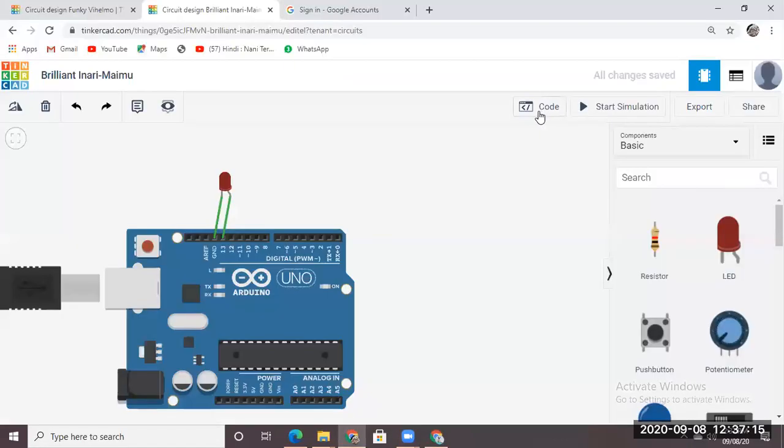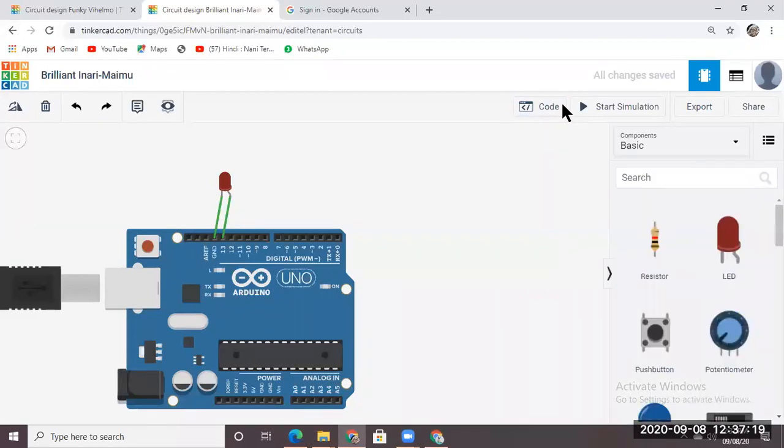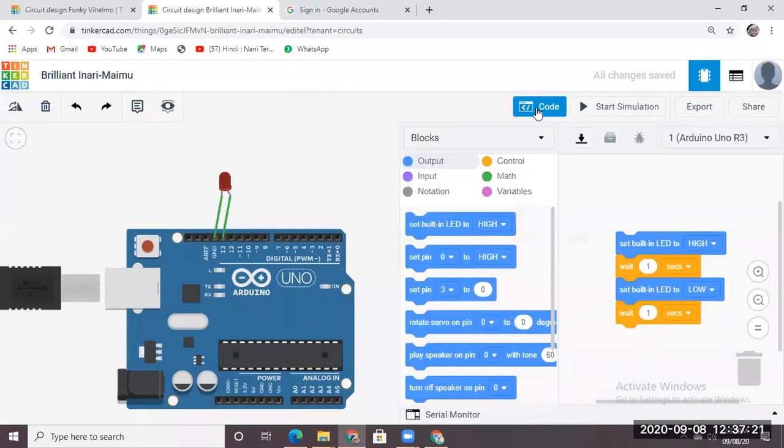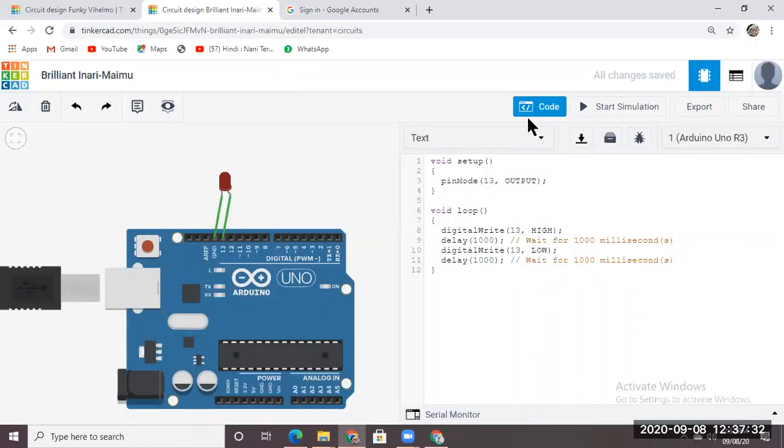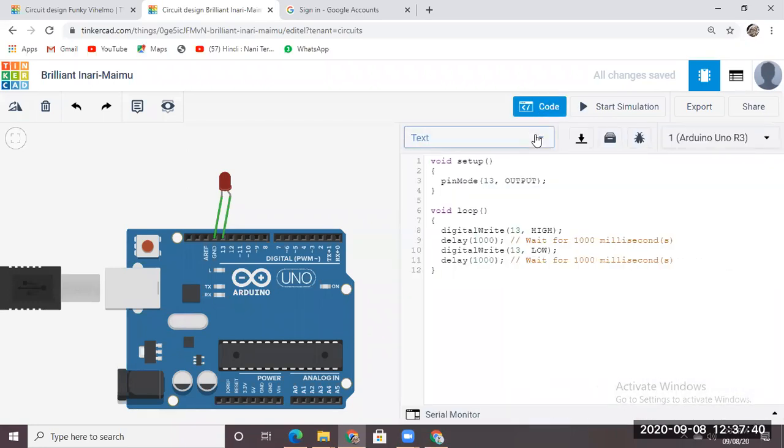Okay, next we have the coding part. How do we write the code for this Arduino board? Click on the code button. From blocks, change it to text. Go to code, click on it, and just below it there is a block button.